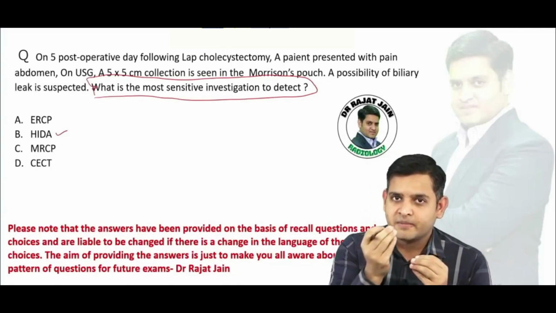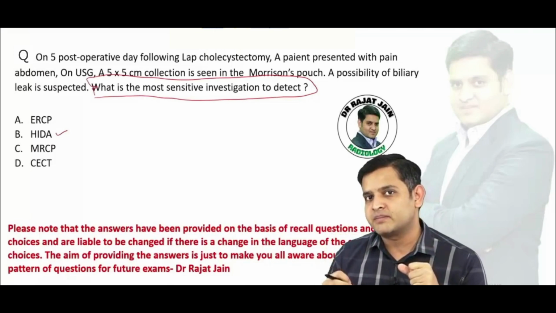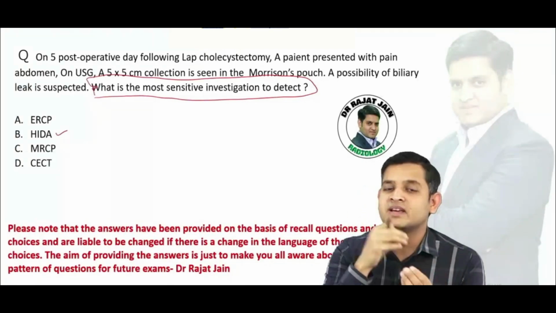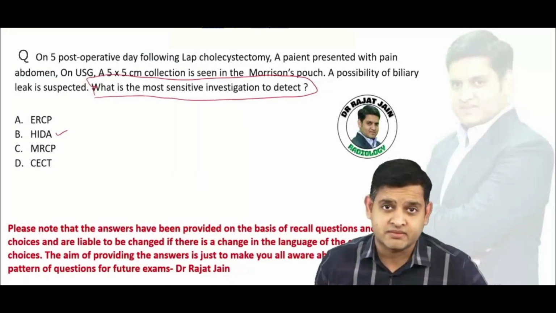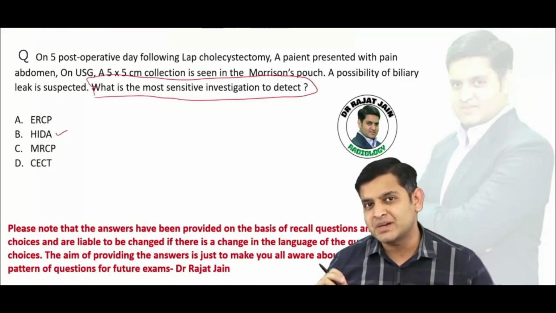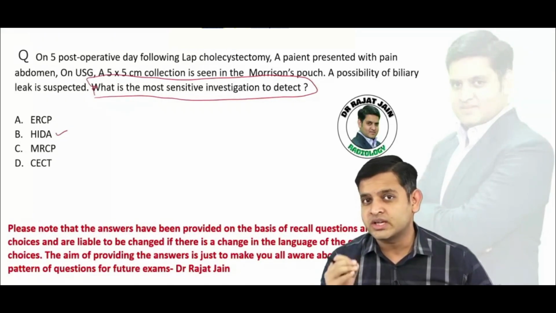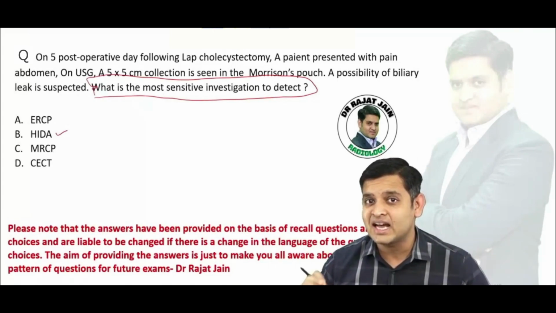whenever there is a leak, the radionuclide compound is going to leak from that particular area, and wherever there is a collection, it will be pooling up and the gamma rays can be picked up from that particular part. So that is supposed to be the most sensitive. But the point to be noted is the specificity of this is not very great. The second is, because it is not an anatomical image, you will not be able to pinpoint the exact anatomical